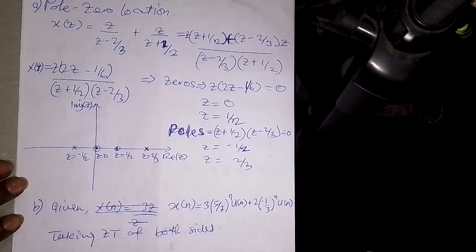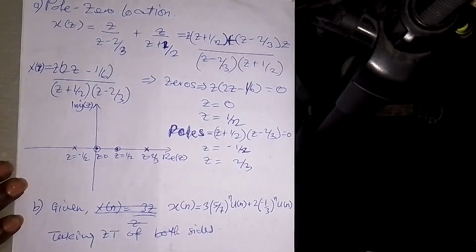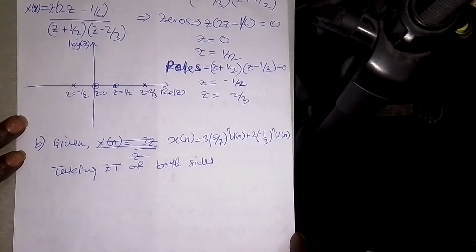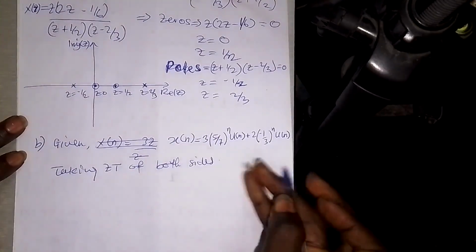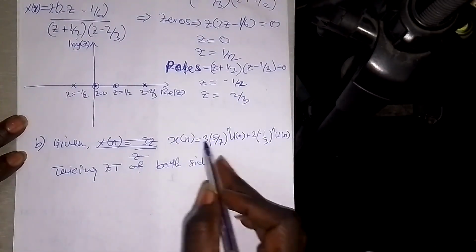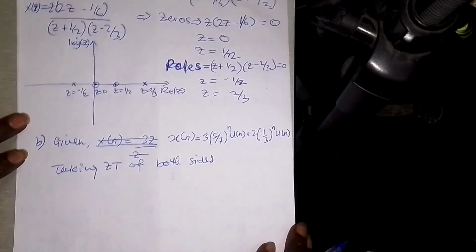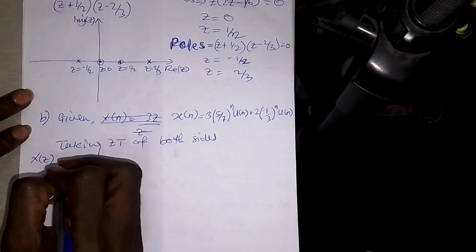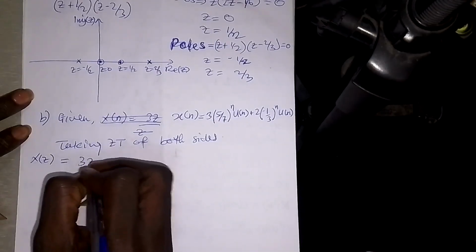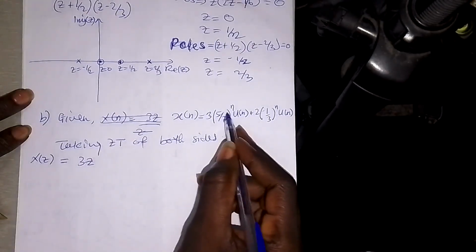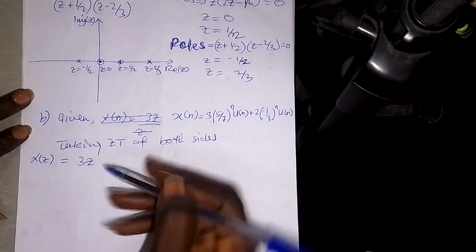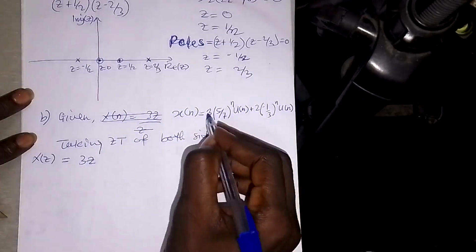Okay, taking the z transform of both sides, what am I going to have? I'll have X of z. Then I'm going to have X of z equals 3z. This one is just like a to the power n into u of n, so I'll get 3z,